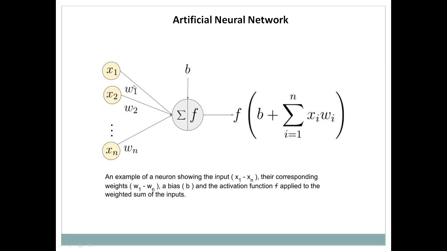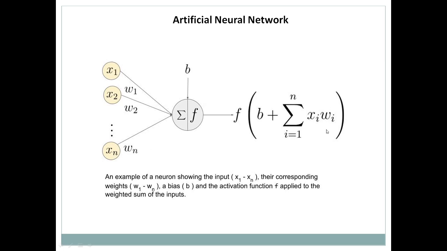Say for x1, the value of the weight will vary between 0 and 1. So in this case I can say that for x1 the value of the weight is 0.5, for x2 the value of the weight is 0.6, and for xn the value of the weight is 0.9. So what does that weight represent? Weight represents the participation or priority of this input in that particular network. So in this case summation will be there. So x is multiplied with w: x1 w1, x2 w2, up to xn wn.